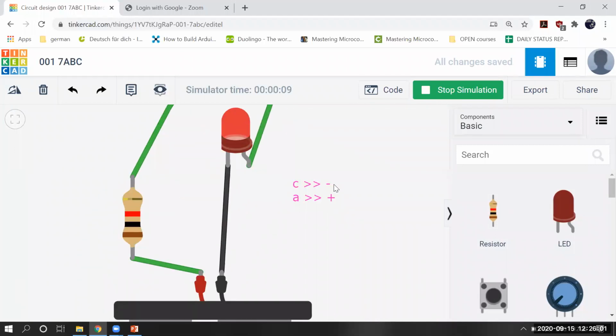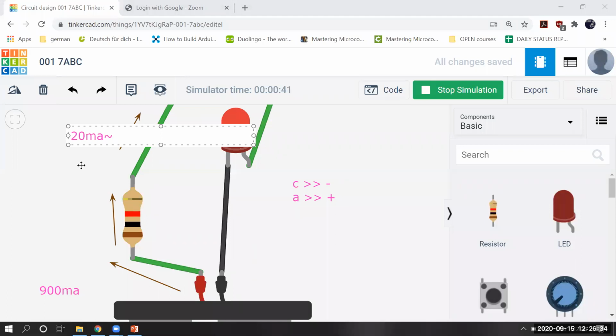What happened is that this resistor is obstructing the flow of current. So let me show you something like this. Currently, the current is flowing from here, right? Now, at this position, what should the current be? It should be 900 milliampere. Now, after this, here it is getting approximately 20 milliampere. This is the sign of approximation. That is why this LED is glowing.